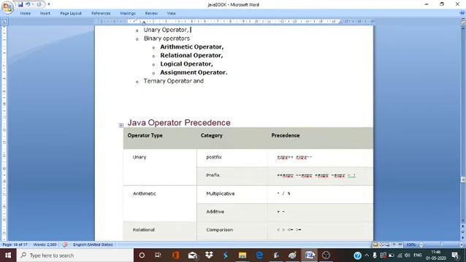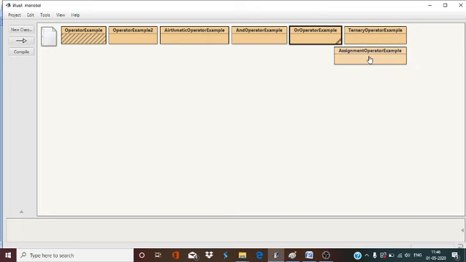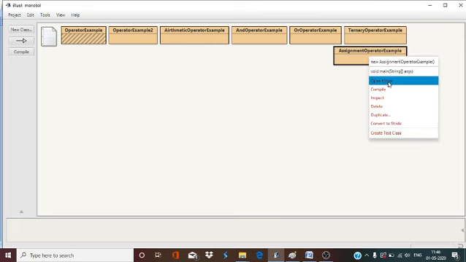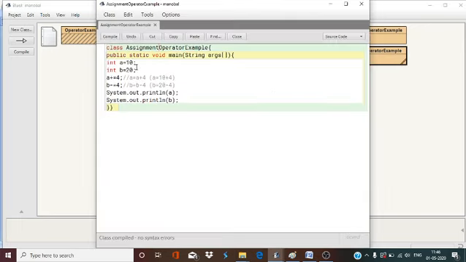Next, I am going to explain the assignment operator. Let's see a simple example of assignment operators. First, you see the code: a is 10, b is 20. Now I wrote a plus equals 4, which is the same as a equals a plus 4, and b minus equals 4, which is the same as b equals b minus 4.